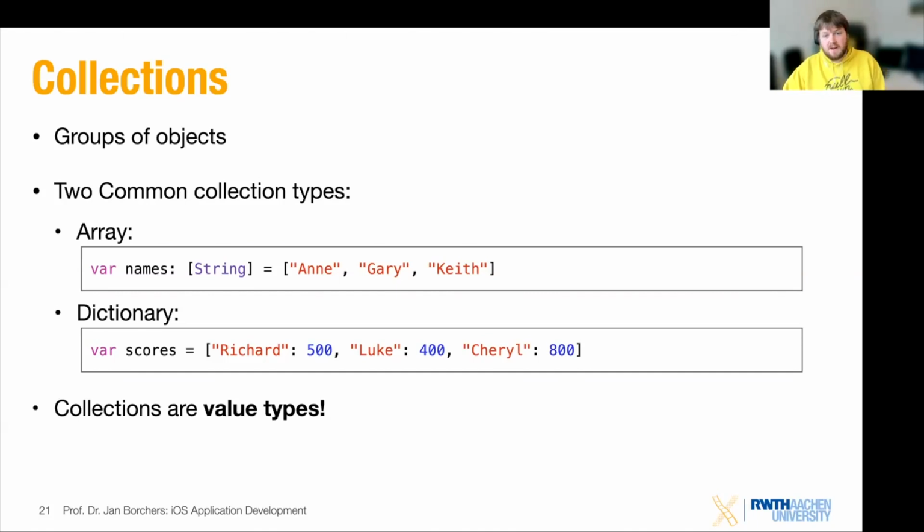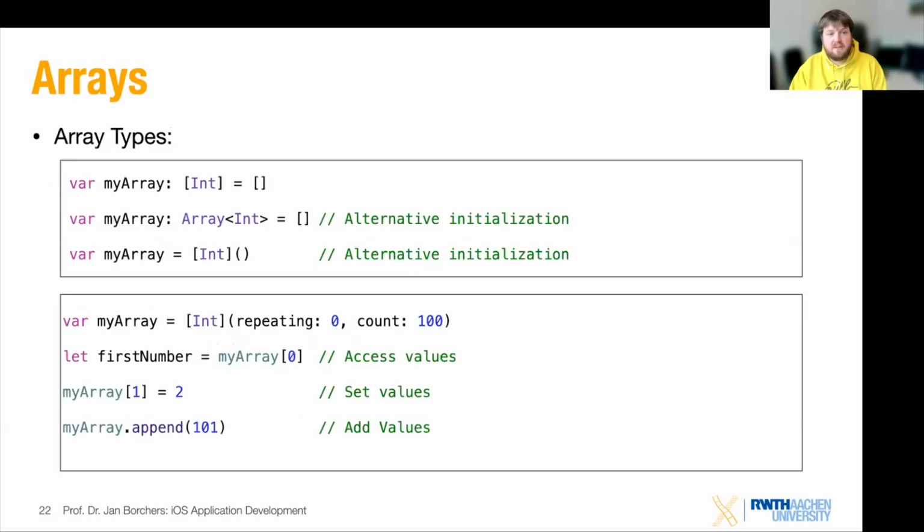So let's look a little bit closer into arrays and how you can construct them. There are a couple of different ways. They all essentially do the same things. So for example, if you explicitly mention that you have an array of integers in the first line, and you assign it an empty array by just having empty square brackets, that creates an empty array that just takes integer values. And the second line essentially does the same, where you have an array in the,